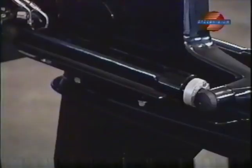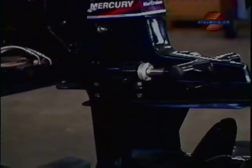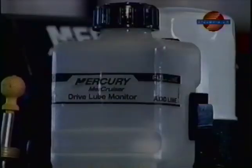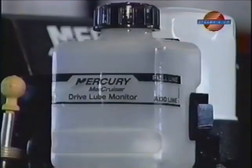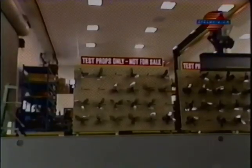Standard features include a long-lasting flexible vane water pump in the drive, self-priming, Power Trim XD with hydraulic memory that returns the drive to the preset trim position if the drive comes in contact with an underwater object, and an exclusive plastic drive lube monitor conveniently located on top of the engine for easy access. The Alpha shares propeller technology used with